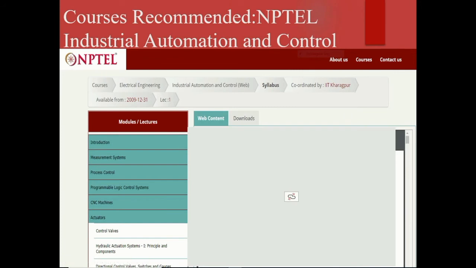I recommend one particular NPTEL course for you all, because you all are in the final year. This Industrial Automation and Control course is a wonderful course for any instrumentation engineer. My strong recommendation for this course is because, if you go through the syllabus, you will find that it covers everything from your transducer, that is your sensor, to your control schemes and controllers, the whole toe-to-head part. It is a complete revision of the instrumentation involved.